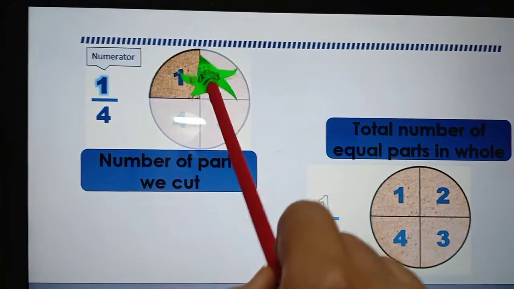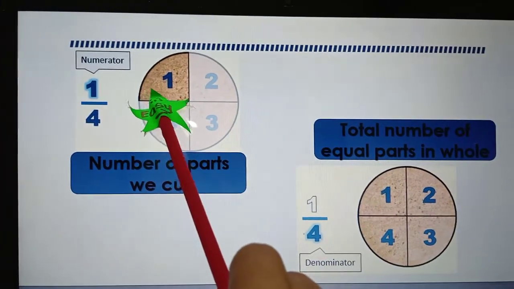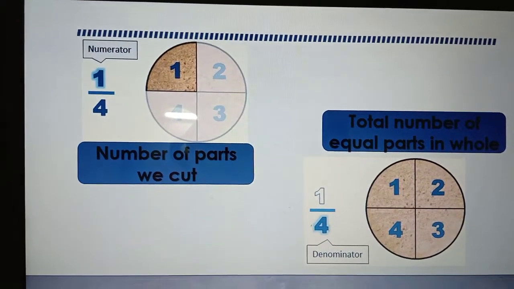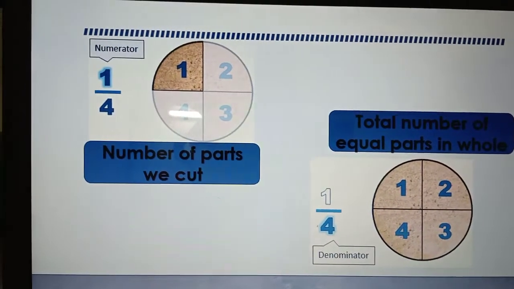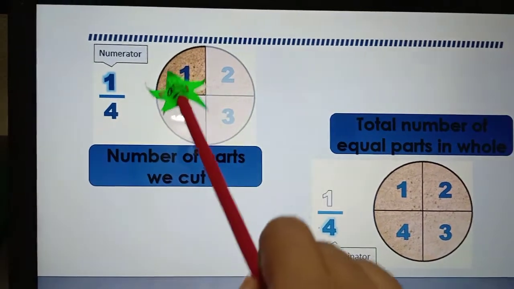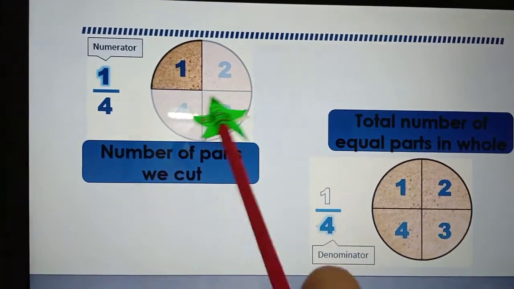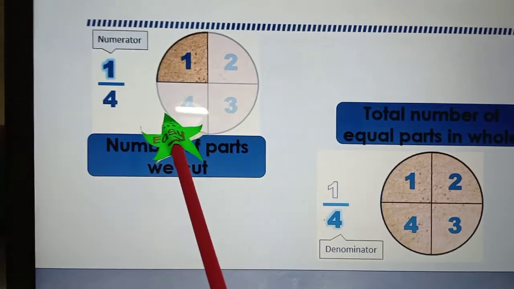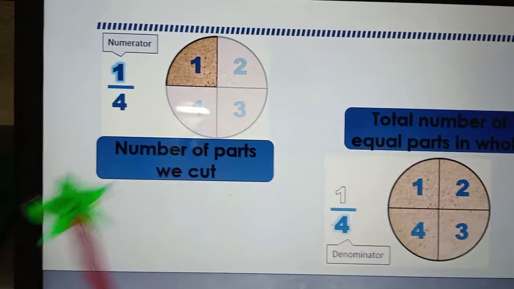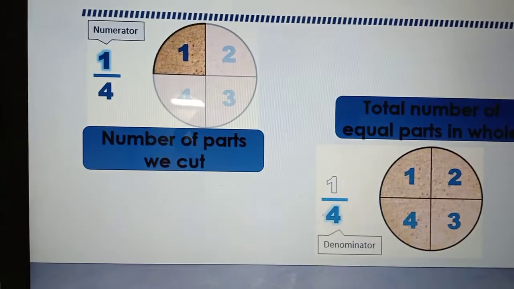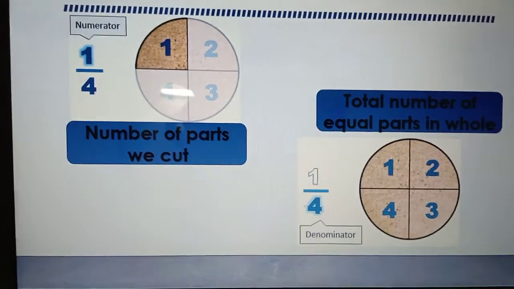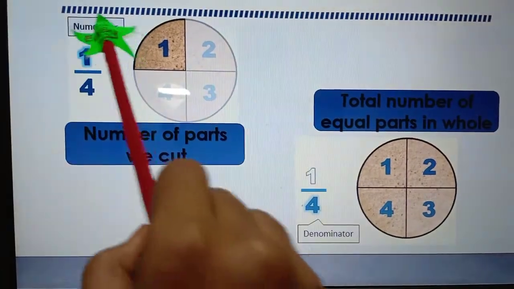so this part will be the smaller one, right? So now I cannot form a fraction. Okay, a fraction should have equal parts. Can you see? All the parts are the same size. Same size, same shape, isn't it? Then only we can form a fraction. Okay, remember that. Now teacher goes to this one.